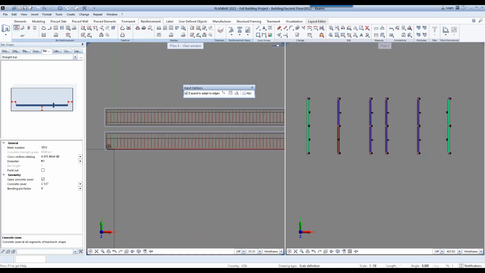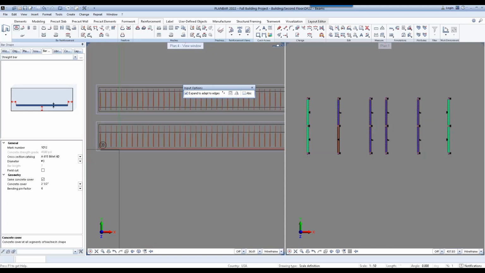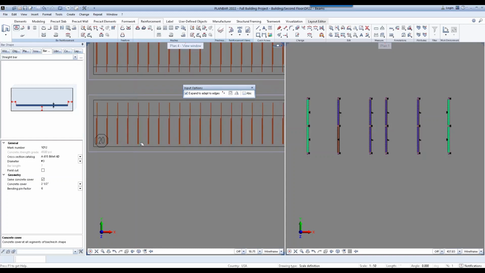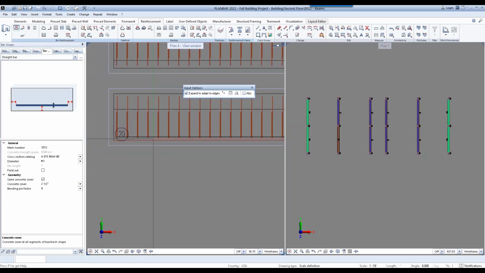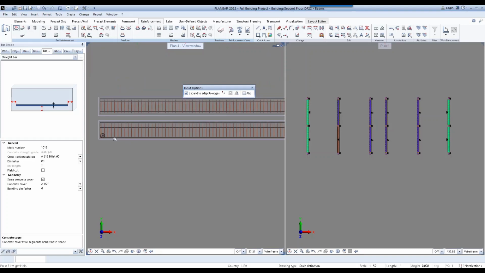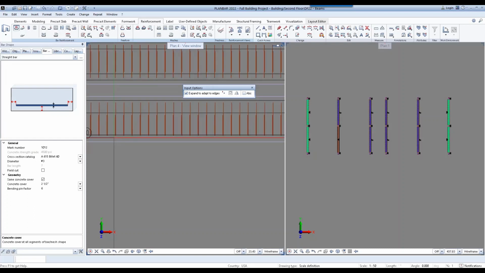And now I can hover over the edge of my beam and it automatically detects where it should go. So using our views to our advantage, I can choose the longitudinal edge of this beam so that the program expands to the edge and gets the length automatically. Then I can place it where I want.